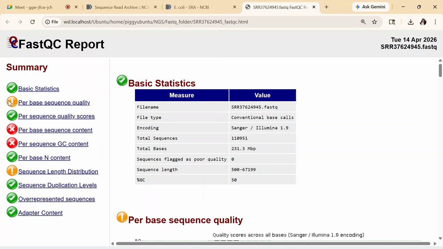If we see an exclamation mark, it means there is a warning, there can be a slight variation. If we see a red cross, it shows there is a very serious problem, something wrong with our data in this section. So this is what the green tick, yellow exclamation mark and red cross mean. Are we clear till here?